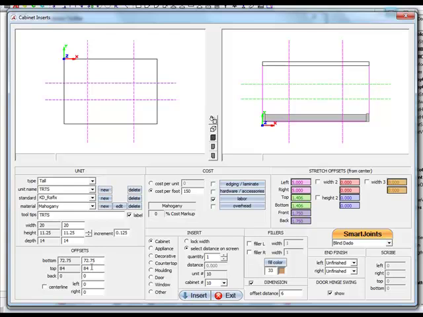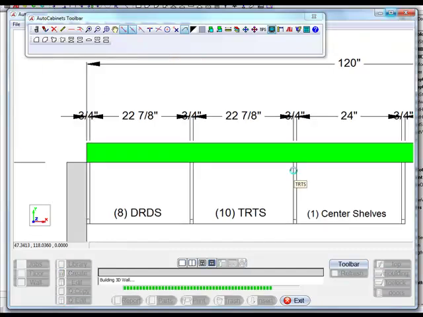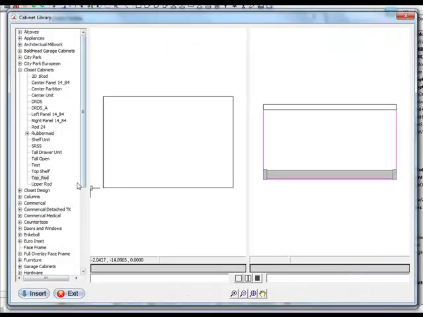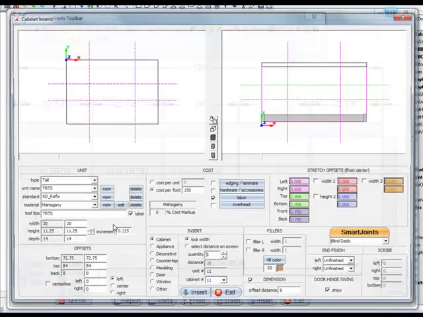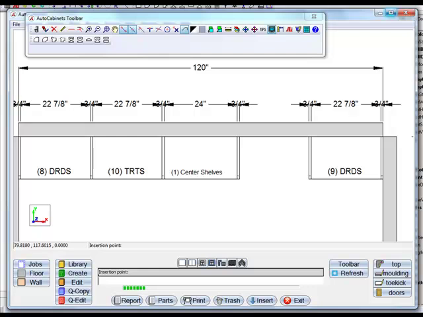It remembers all my offsets, so it's going to automatically put it at 84 inches up. I'm going to insert this to here, have it stretch to there, and we'll go back to the library one more time. Take that same unit, stretch on screen,